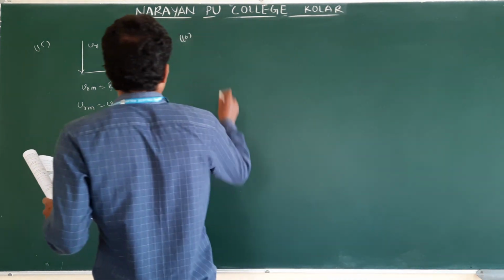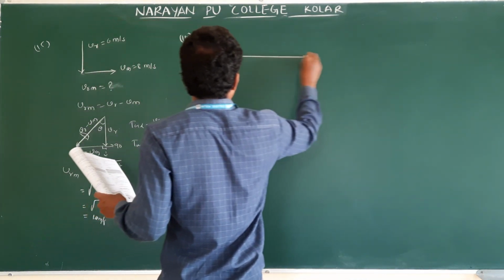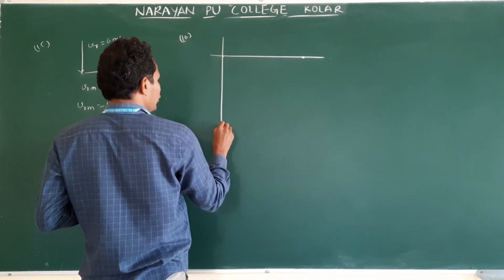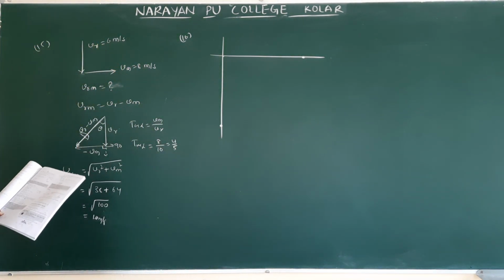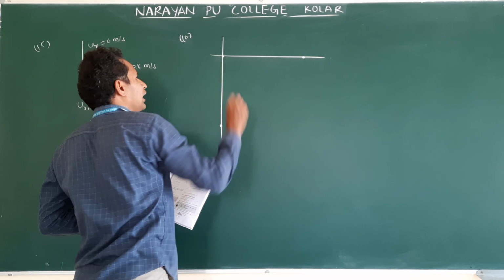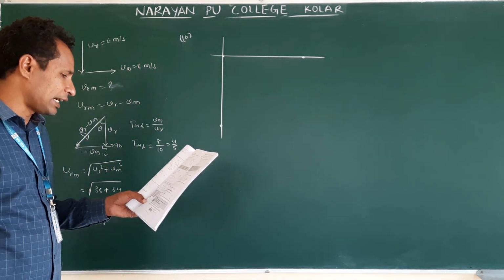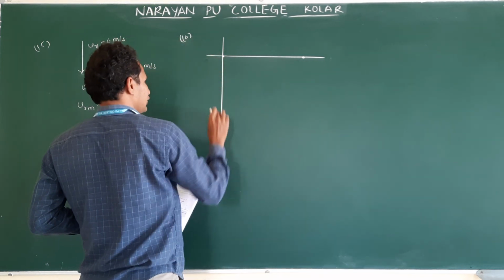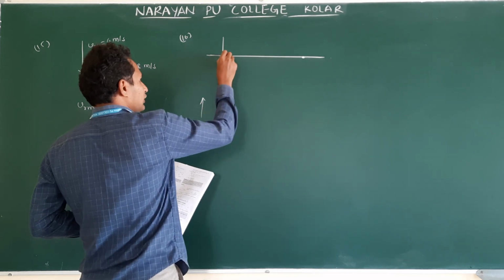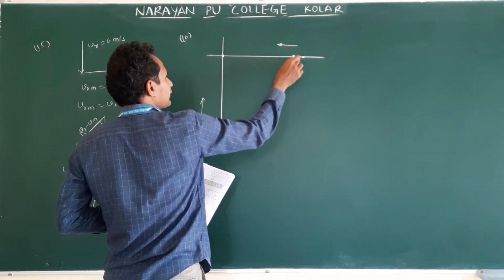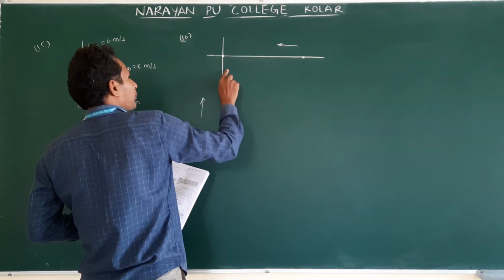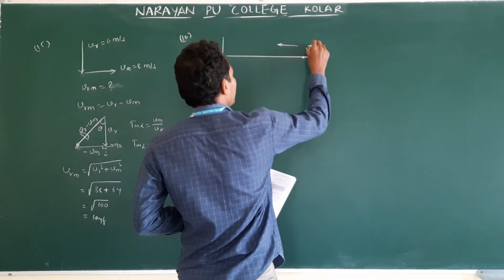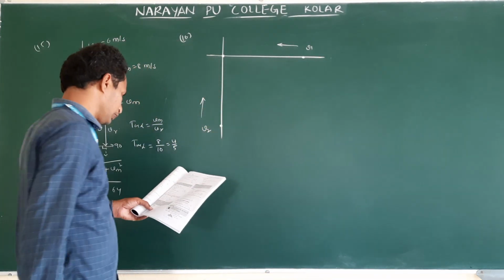So two particles are in the given figure. This is the intersection point. One particle is here, another particle is here. They are mutually perpendicular; their position vectors from this point are perpendicular. They are approaching towards the intersection. This is their direction of motion. If they move towards the intersection, at some time they will meet here. This one is moving with velocity v1, and this is moving with velocity v2.